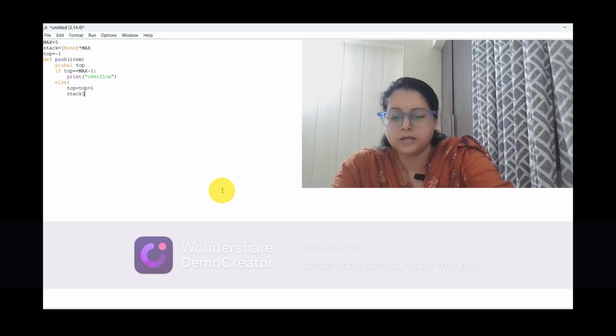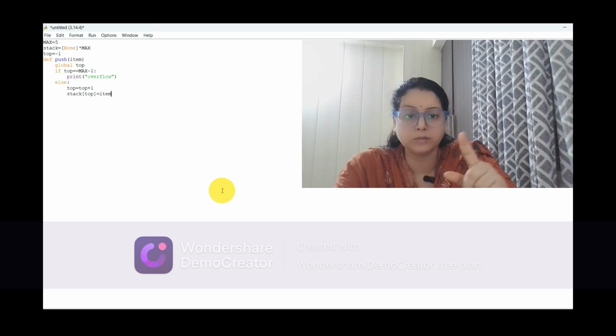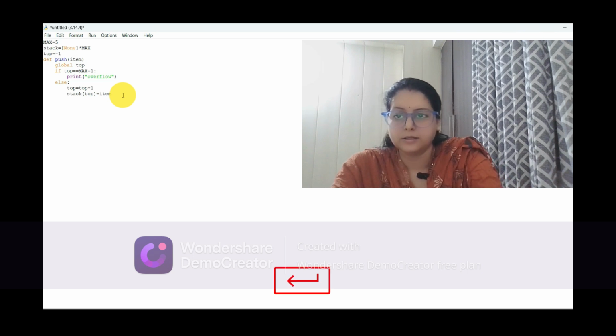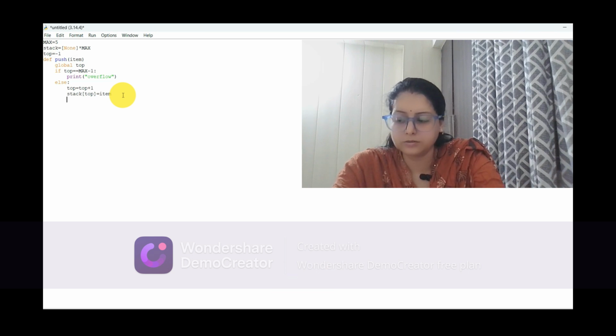Now, whatever item is passed as the argument when the function is called will be inserted in the top position. Whatever position top is holding now, there the item will be inserted. Fine, this is done. So this function is done.